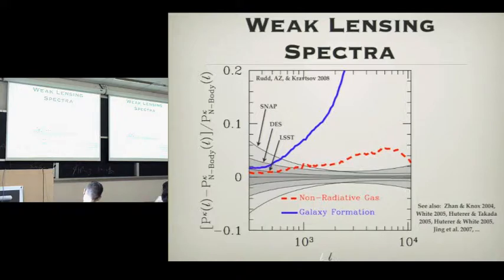It's basically the convergence power spectrum from these 2 other simulations, the non-radiative gas simulation and the galaxy formation simulation. And Lloyd, you did this already analytically for the hot variant, which I guess would be like the non-radiative gas type simulation, compared to the n-body result. So the n-body result, in other words, is 0 across this plot. And basically, the point here is that when you have non-radiative gas, you have some increase of power.